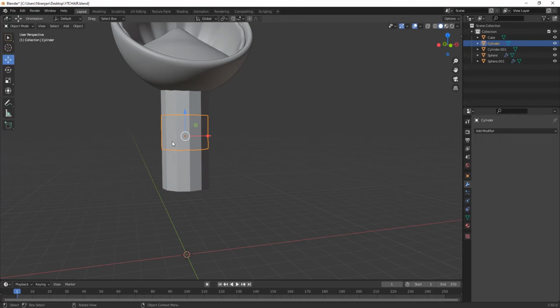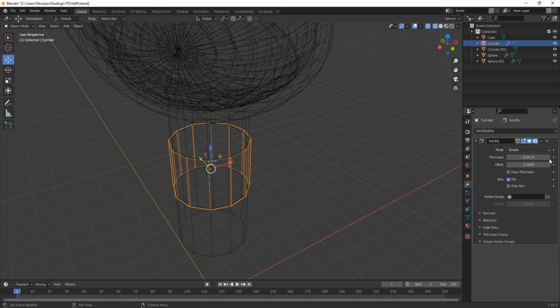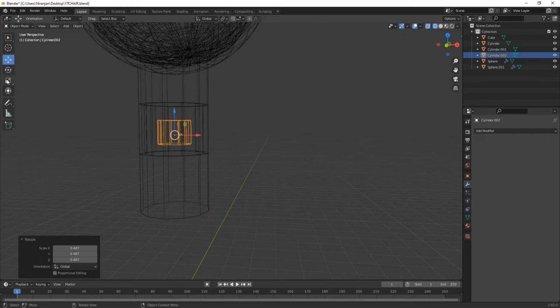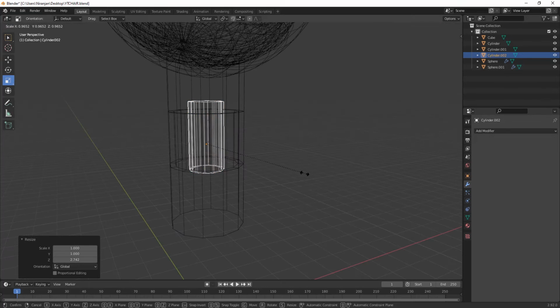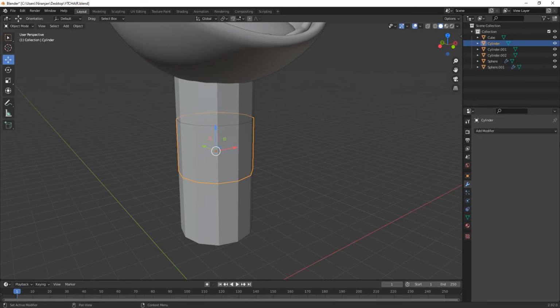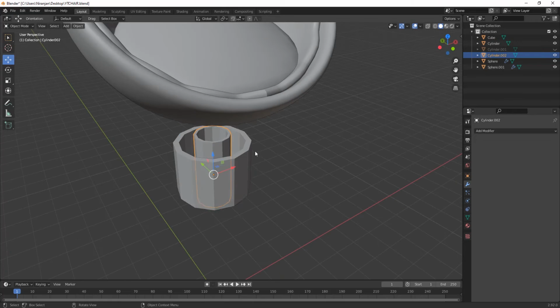Now select it. Now solidify it a little like this. Now apply that, and after that duplicate it. Shift D for duplicating it, so it will add a little design on our chair like this. So as you can see,